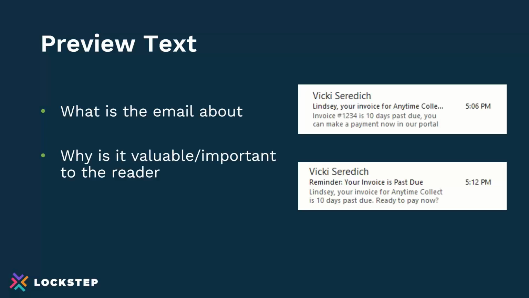The preview text allows somebody to very quickly see what this email is about and why it's valuable and important to them. And that can be that first line in the email that is part of the preview. But it's really important. In fact, studies have suggested that the preview text can increase the click-through rates, the open and the action by up to 30%. So it's really important, again, getting all the right information visible, allowing somebody to see that and take action right away up front.